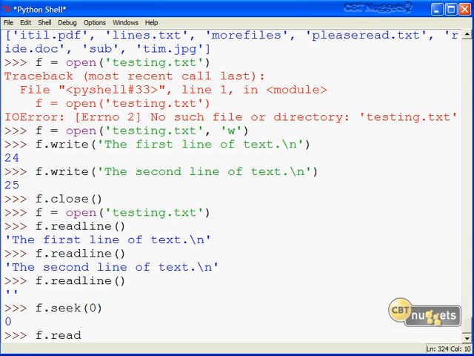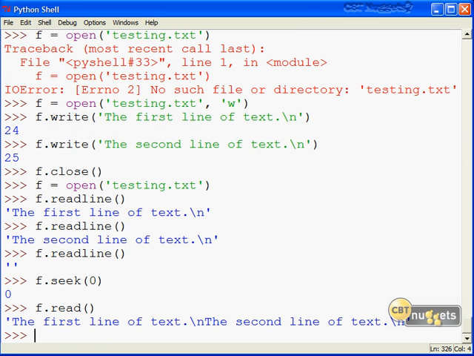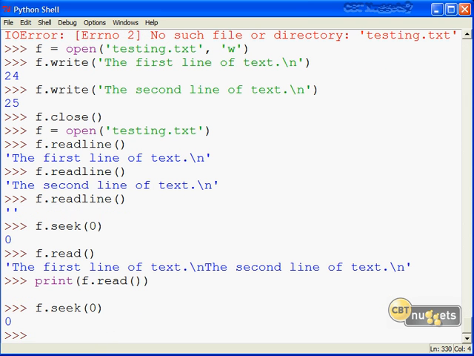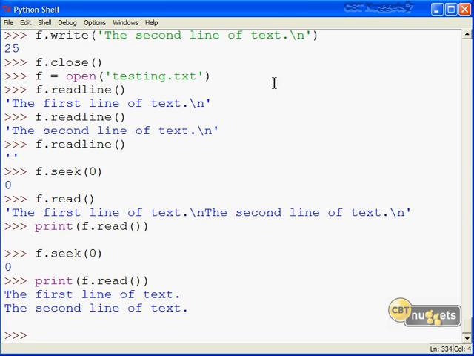So if I do f.read with no parameters, I get the entire contents of that file back as a single string. Let's wrap that in the print function, and we get nothing, which shouldn't surprise you. Remember that after you've scanned through the file, your cursor is at the end of the last bit of text in that file. So we're going to need to reset our cursor with seek, and now let me reinvoke the print function. Print is definitely going to make your file look a lot easier. Here we see that instead of echoing the actual new lines, they're being interpreted by the print function and shown in a much more eye-friendly way.